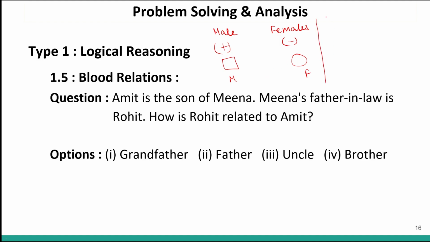Then, how to represent siblings and spouse to avoid confusion in the same generation, right? So siblings, let's say you are representing like this. I represent my siblings like this. Sometimes people draw a straight line for siblings, and for spouses they draw a double line like this. So whatever is your comfort, follow it that way. Just remember whatever logic you are using.